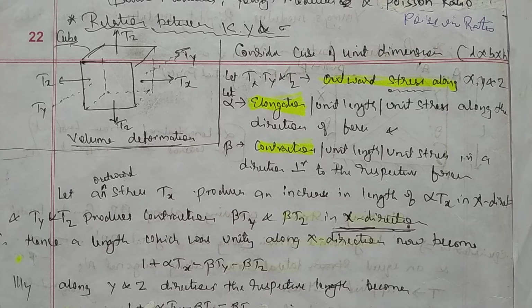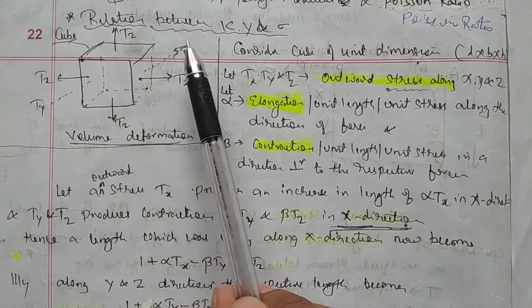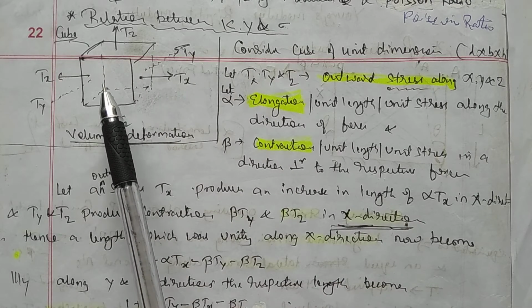Now we'll try to establish the relation between bulk modulus, Young's modulus and Poisson's ratio. That is the relation between K, Y and sigma. Now let us consider a unit cube,